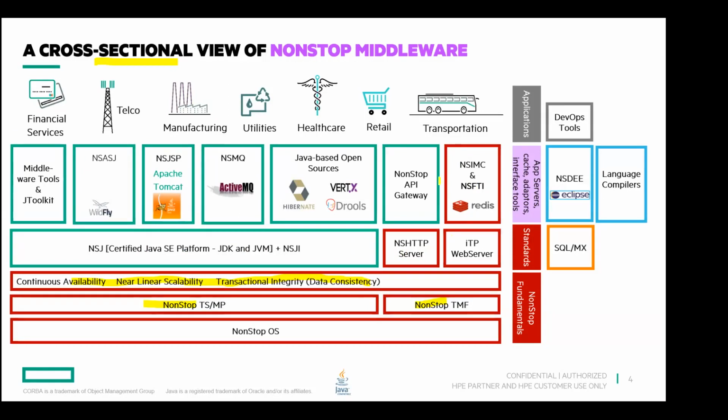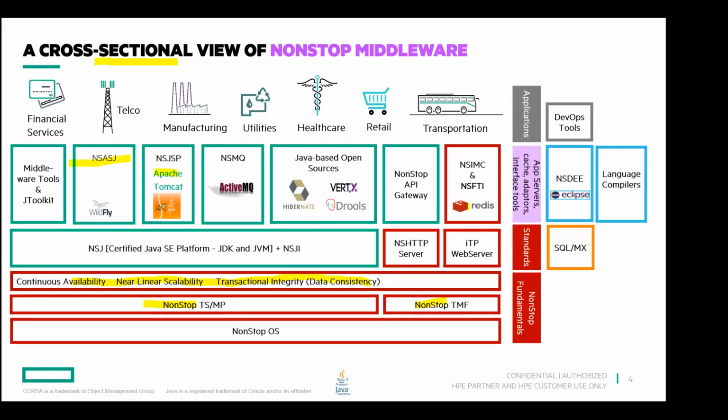And then you have all these rectangles that I'm showing here with the green outline and the deep red outline. They are all middleware. Why red and green? Because all the green colored boxes have something to do with Java. Maybe they exist directly on the JVM, or maybe an application which is deployed into an app server like NSASJ, or maybe a servlet container, etc. But they all have something to do with Java. Whereas the deep red color is non-Java middleware, and maybe they are COBOL, maybe they are C, C++, whatever.